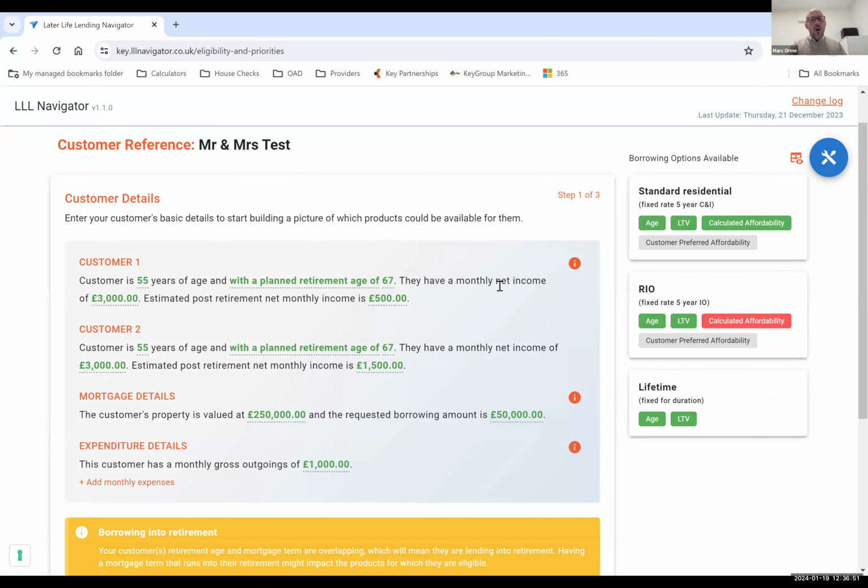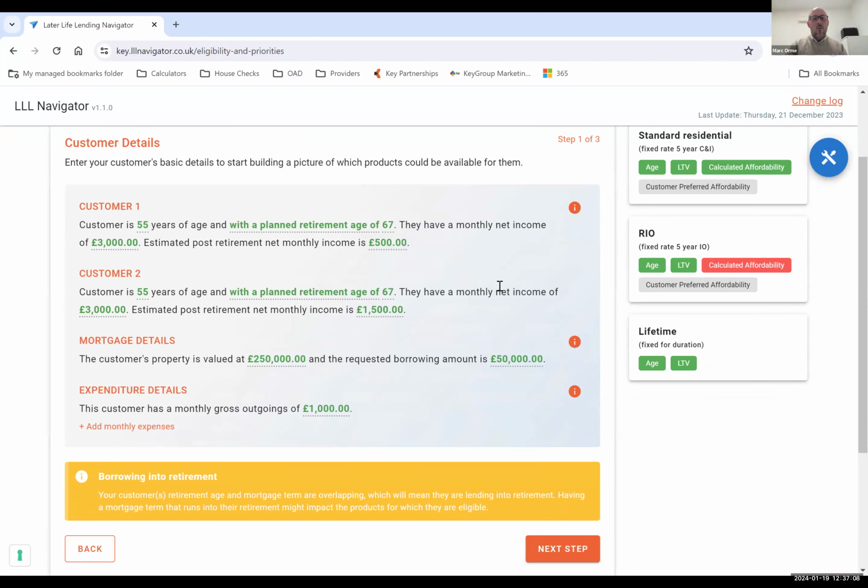Okay. Now, this could obviously vary because you may have clients of different ages, different planned retirement ages, and ultimately pre-retirement income and post-retirement income. So that's something that we do need to take into consideration, but it does give us a guidance to what type of options could be available. If I look at the next steps now,